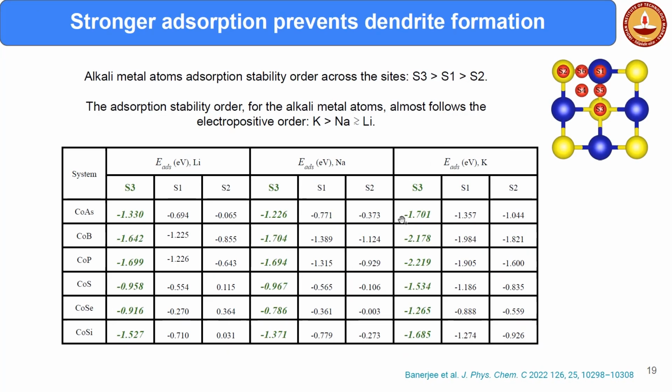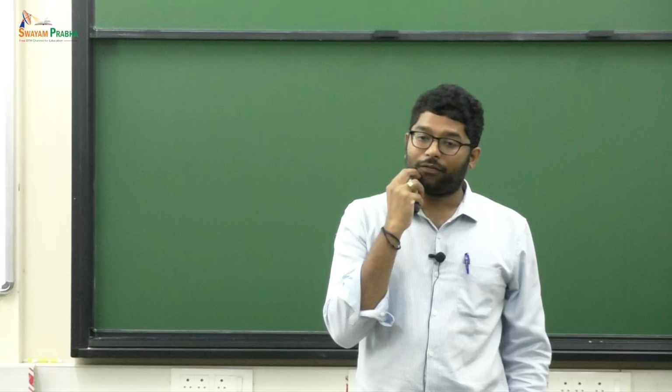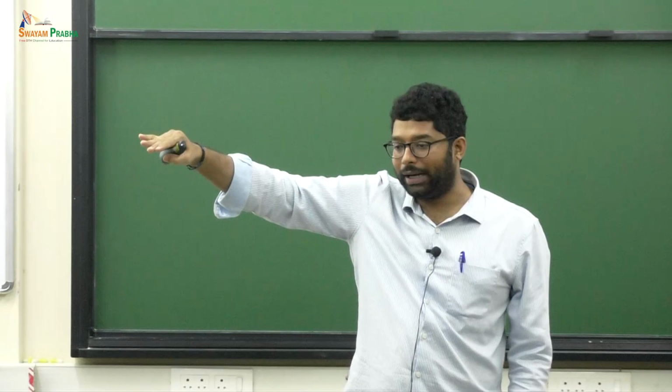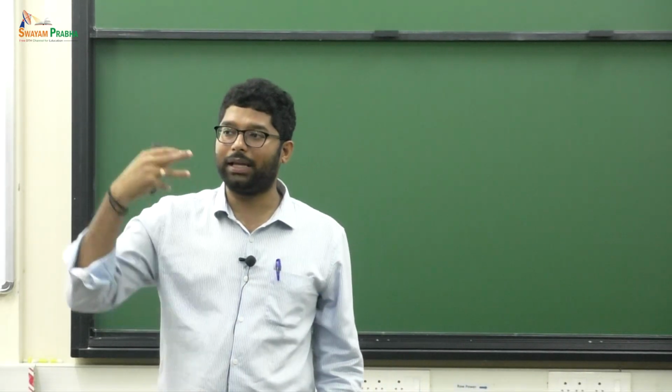Next, as we said, we need to understand whether they will be binding strongly or not. To find out whether they are binding strongly or not, I need to calculate what is known as the adsorption energy. The conductivity is related, but the conductivity is often more described based on the curvature of these bands. If you have something like a flat band, that suggests that it is, so how this is coming is, again, if you know